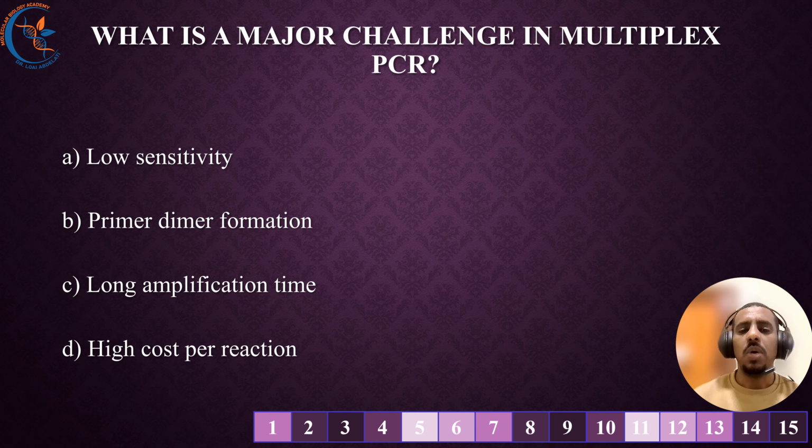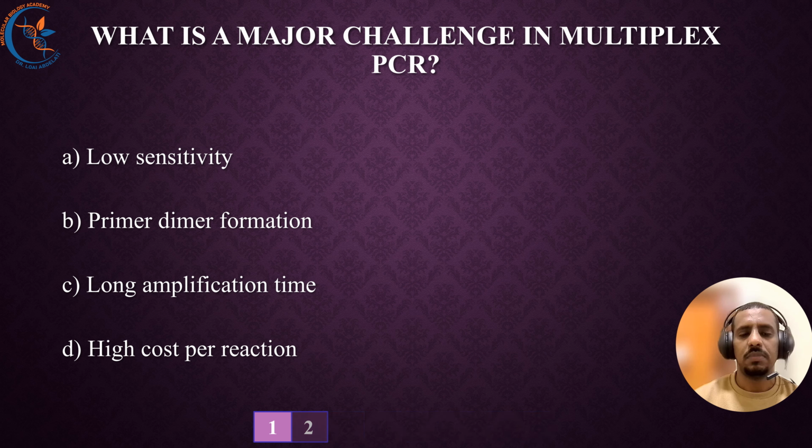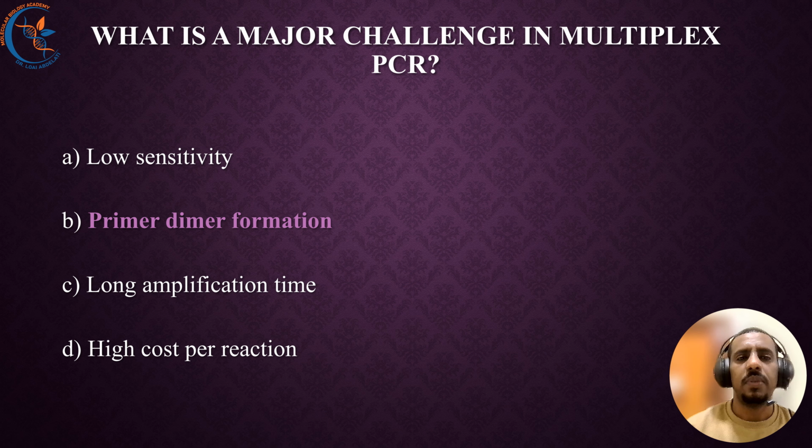The next question: what is the major challenge in multiplex PCR? The correct answer is primer dimer formation. All right, when multiple primers are used in a reaction, there is a high chance that they will bind to each other instead of to the target DNA. This unwanted primer interaction, known as primer dimer, can compete for reagents and reduce the efficiency of the PCR, sometimes